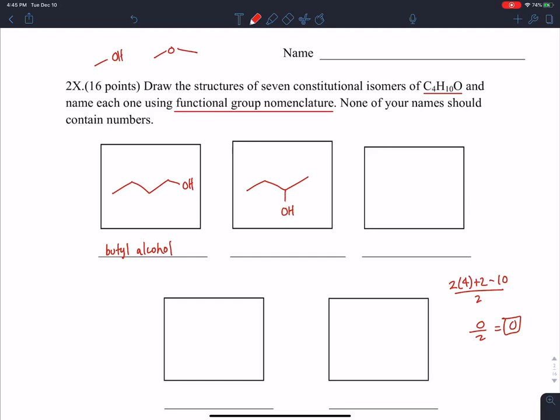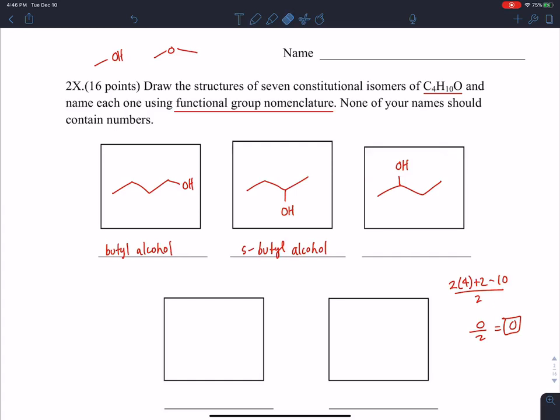And now, by the way, this name is butyl alcohol because this entire thing is a butyl. Now this thing is also a butyl, but it's very specific. This is a sec-butyl. So you can write s-butyl, or you can write the whole sec-butyl alcohol. Moving on. I know I can't do this now because this is also considered a sec-butyl